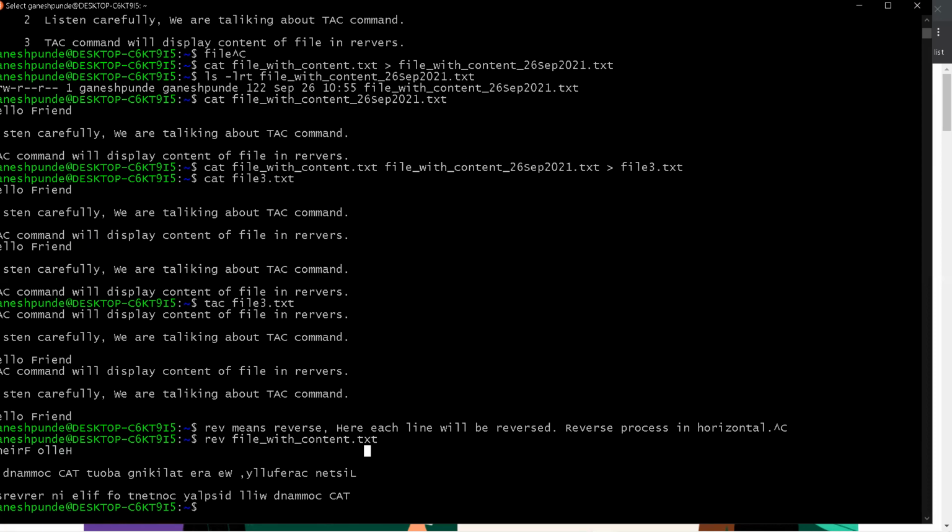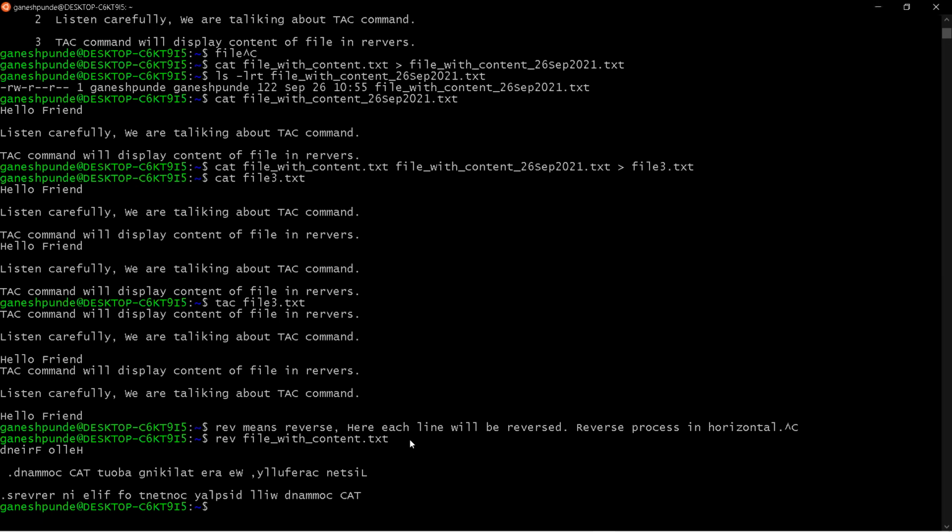Now, in order to print the content of the file, we saw cat, we saw tac, we saw rev. Now we will see head. Head in Marathi is doka.